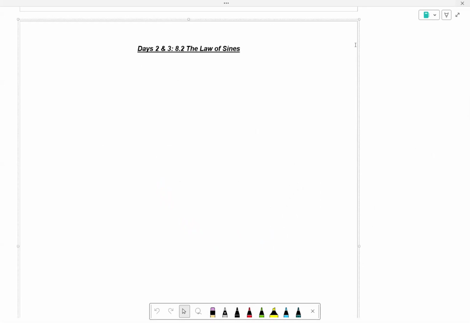Have you heard of the law of sines? It's on the review sheet. Oh, it mentioned the law of sines on that green sheet. So now you're going to know what it is. Has anyone studied the law of sines? Exactly, for the ACT. Those of you taking the ACT have probably studied or been exposed to the law of sines. Okay, so let us begin.